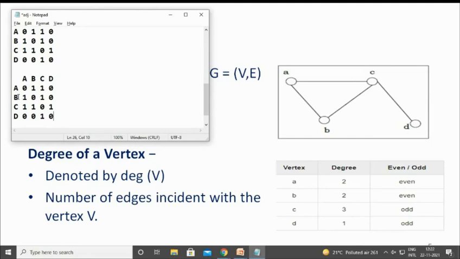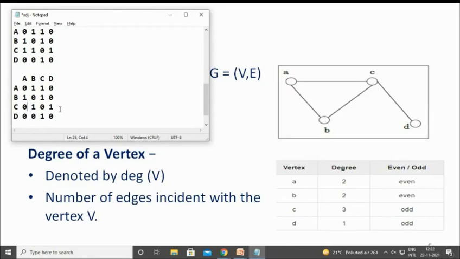Coming to B to A, obviously the path is there because it is bidirectional. Now B to B no path, B to C path is there, B to D. Now C to A there is no path, because we assumed that there is an arrow mark towards C, that is directional. So C to A is not possible, hence it is 0. C to B and C to C, C to D. So C to B is there and C to D is there.